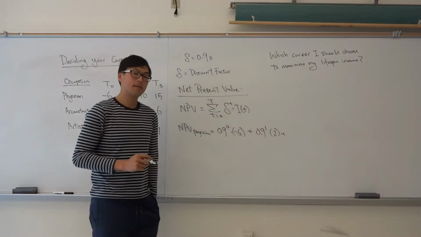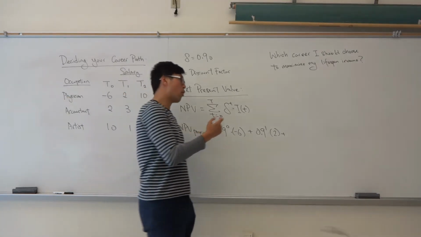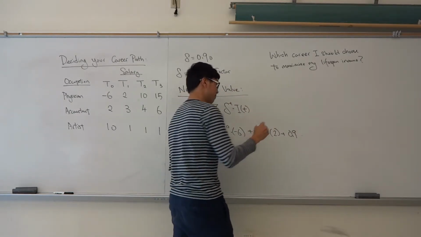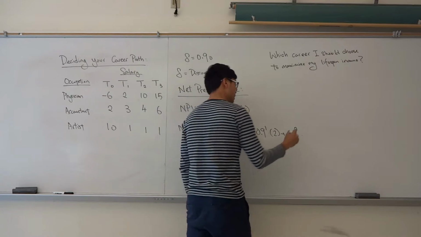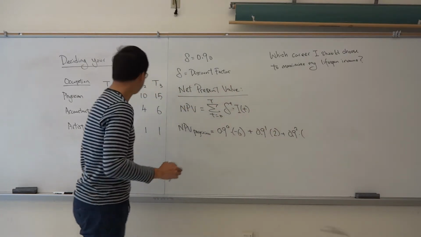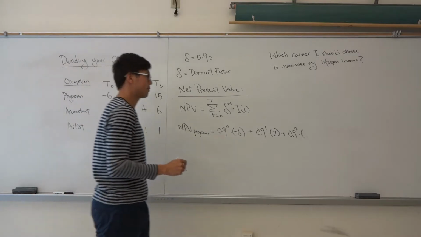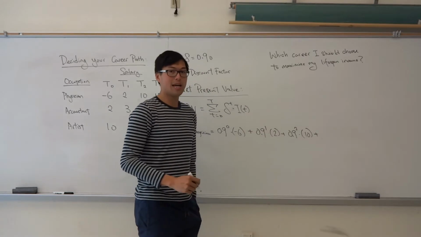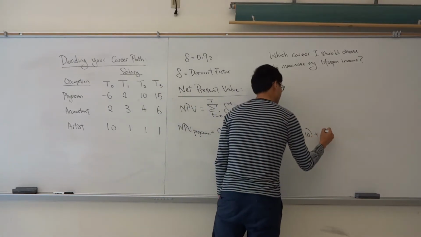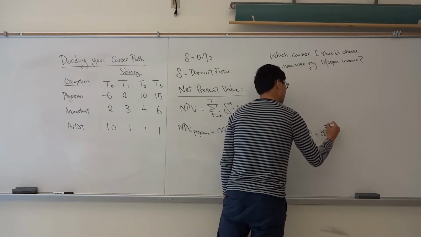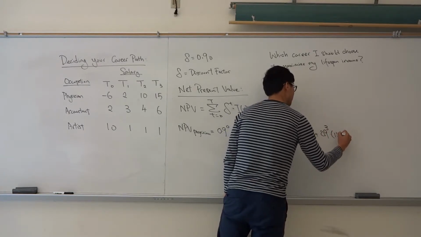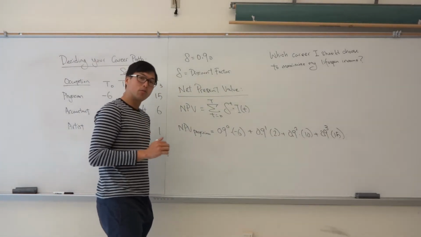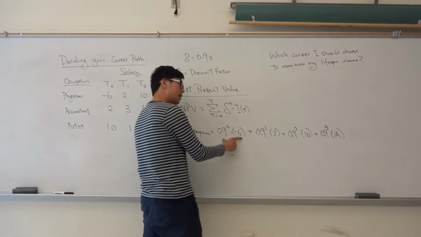And then the next period income will be 0.9 to the second power, period 2, times the income in the second period, $10. And finally, of course, the last period is 0.9 to the third power times 15. So you can see what we're trying to do here, we are trying to calculate the present values